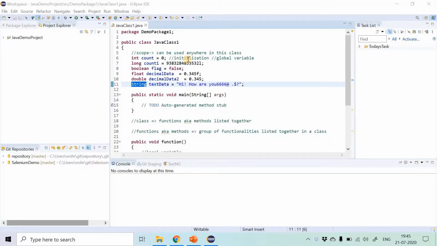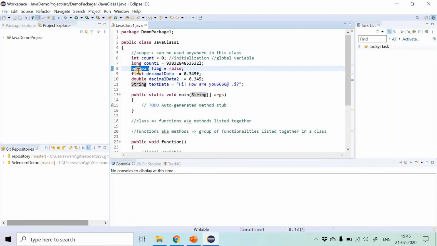Before I begin with the next session, I have defined a few variables with different data types. Let me just give you a quick overview on them. A long data type can contain more digits than the integer data type. Similarly, the float can contain fewer digits after the decimal point, and double can contain more digits after the decimal point as compared to float.